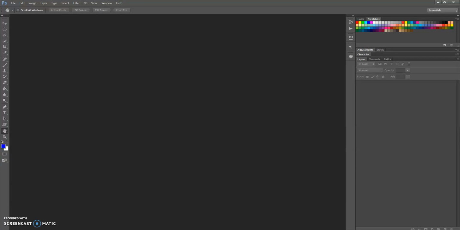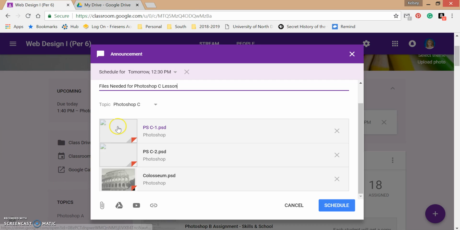Okay, so we are going to start Photoshop Lesson C, which is essentially working with one of the things that makes Photoshop the photo editing tool that it is, and that is something called the Layers panel. So the first thing we are going to want to do is go to our Google Classroom and open up